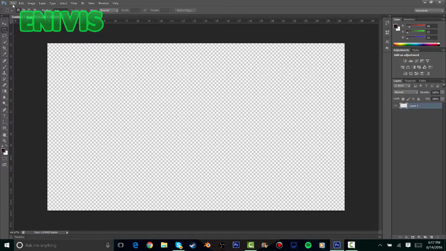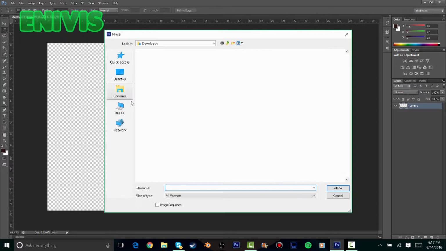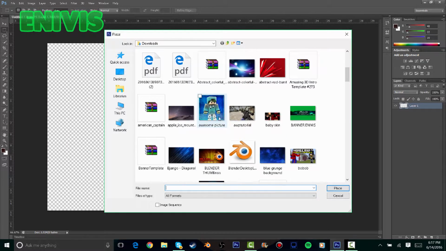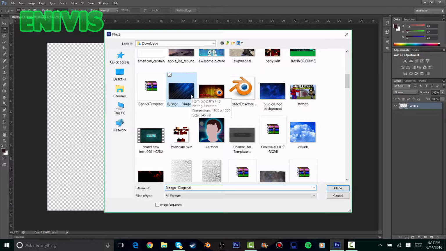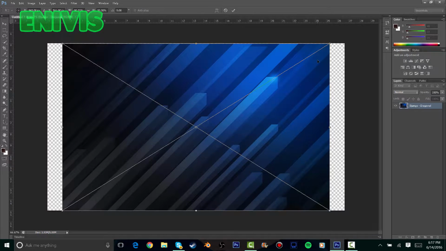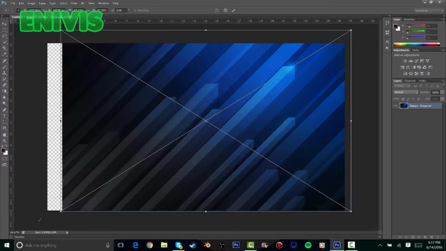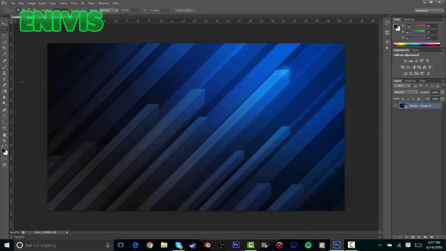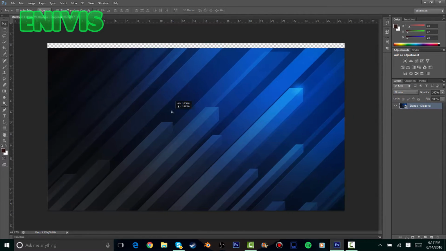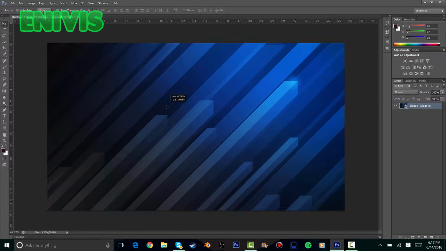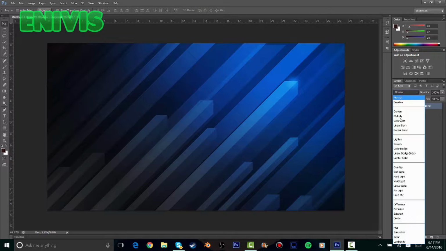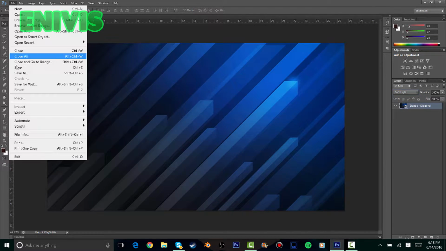And then the next step is to add in a background. So you can add in any background that looks really cool. I like this one, it looks really cool. So all you have to do is make sure you're holding shift and just drag them out. And then you can just smooth around and stuff. There, that looks good. And then all you have to do is go to normal and then soft light, and then you can add in some more